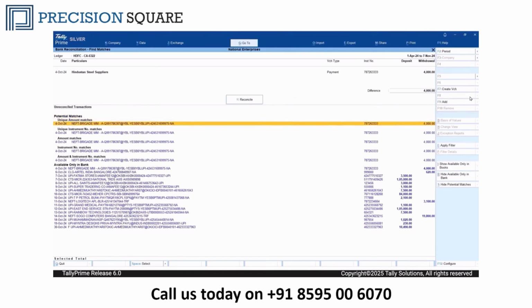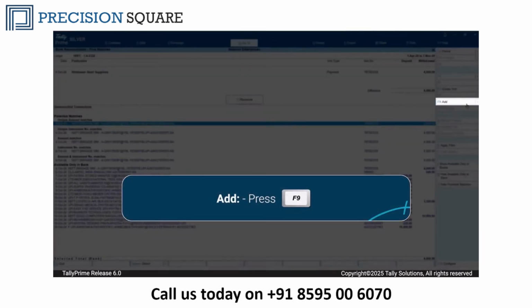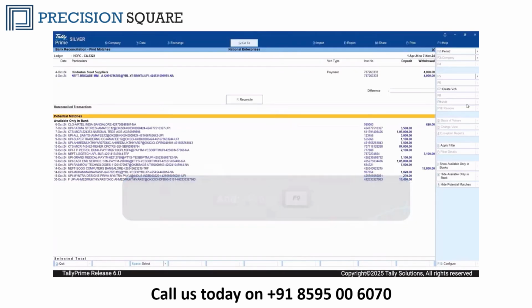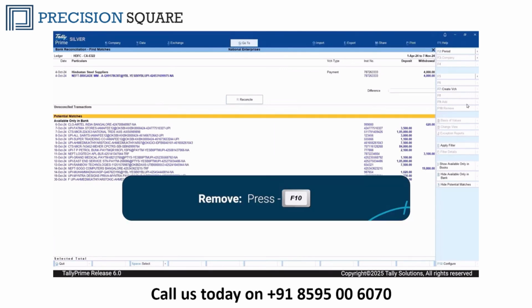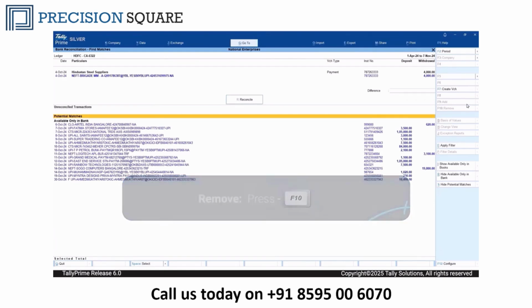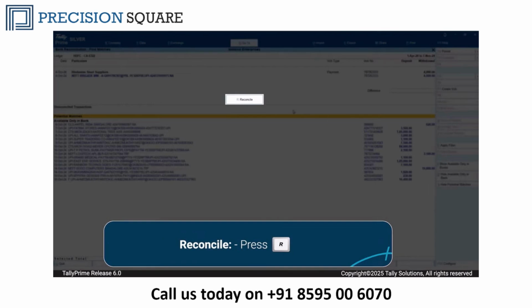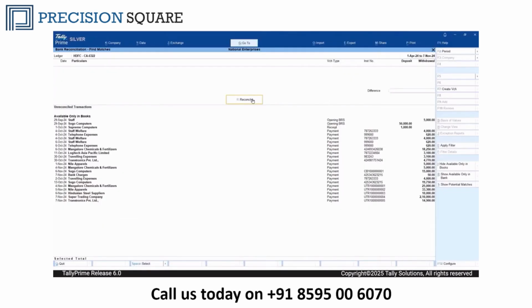Select the transactions displayed under Unreconciled Transactions and press F9 to include the transaction for reconciliation. If there is any wrong unwanted transaction added, press F10 to remove it. Press R to reconcile the transactions.